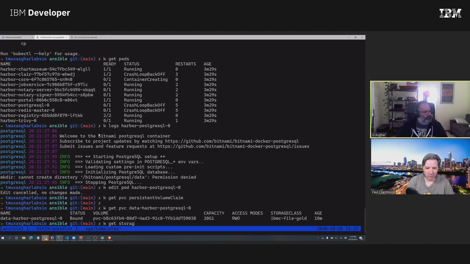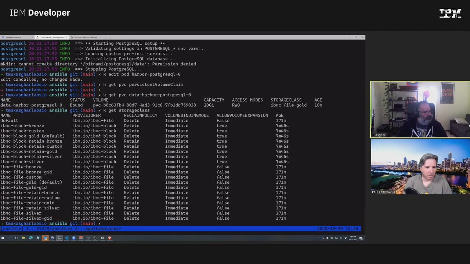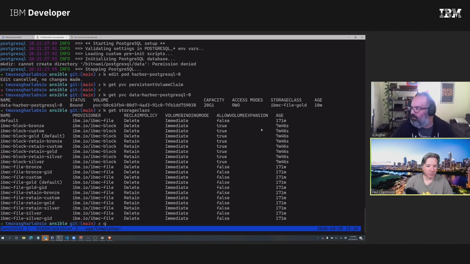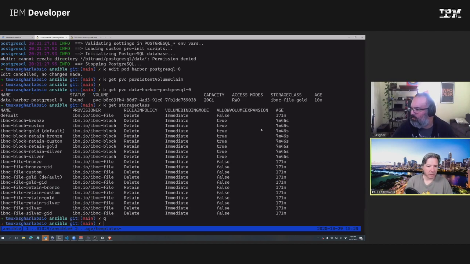Get storage class. It's definitely a file it should be using now, not block. Yeah, we should be using block, right? So did it not take those commands? That's the one you just created. Hang on. What did I do wrong?